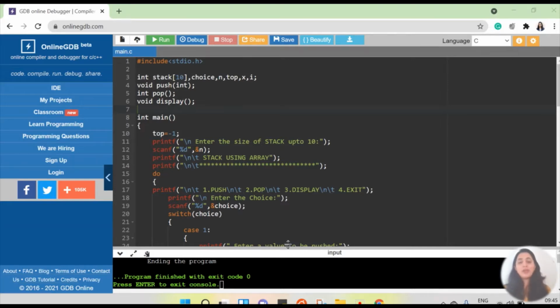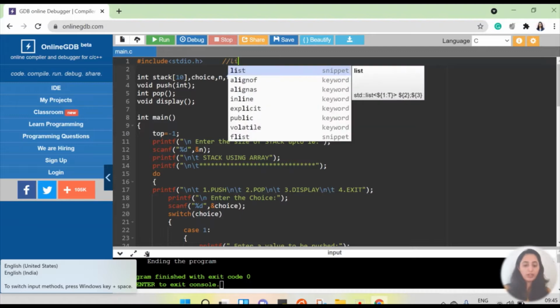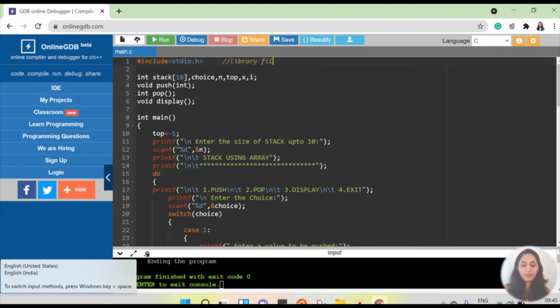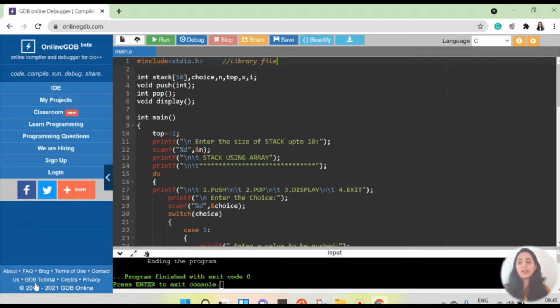Okay. So as you can see on the screen here, I have written a code, and let me just go and explain all this. So very first we write the first line, that is #include <stdio.h>. This is nothing but the header file or the library file which we use. We call it a library file, and this type of library file is used to declare the libraries which we are going to use.